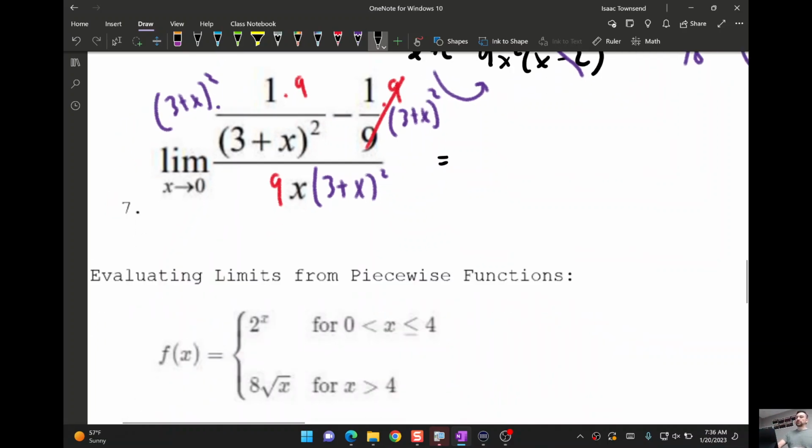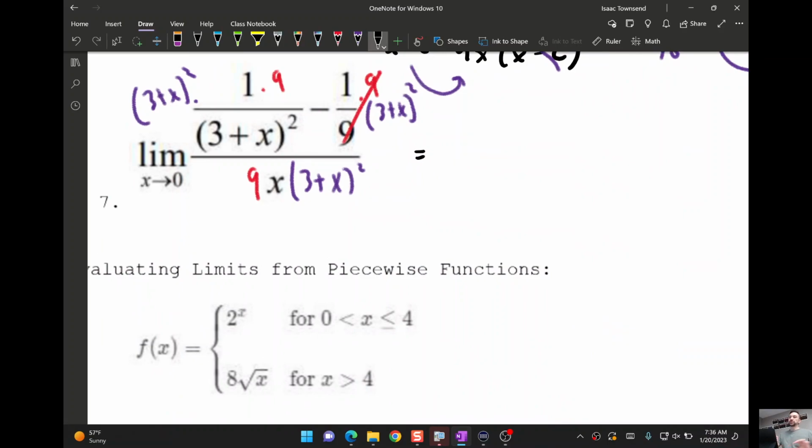Let's see if you got the right answer, or at least help you see what you should have done if you did get stuck. So I realized I needed to multiply everything by 9, so I did that in red here to cancel out this 9 denominator. And I needed to multiply everything by 3 plus x squared to get rid of this smaller denominator. So once all that stuff canceled, I was left with